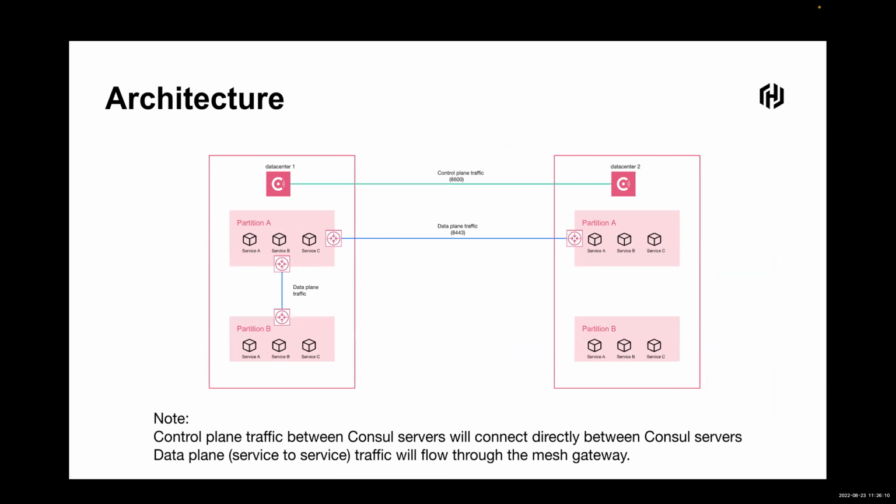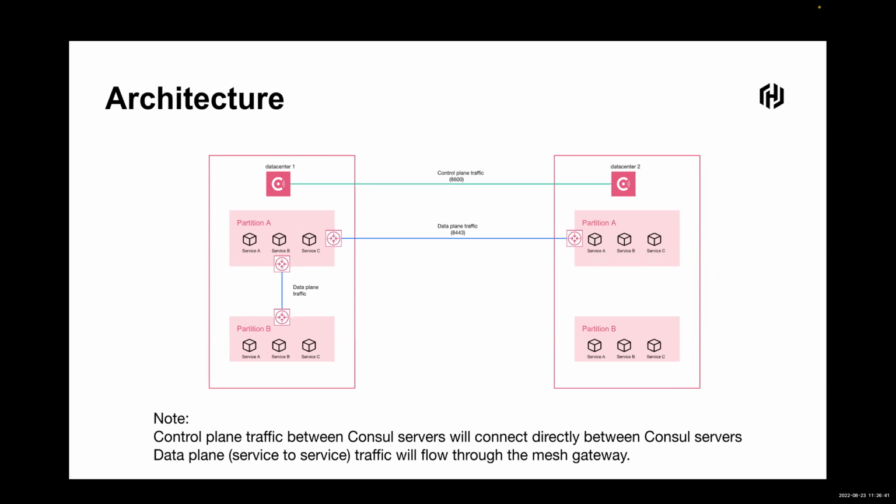Okay, so let's take a quick look at the architecture. There's the control plane and the data plane. So in this diagram here, I have two data centers that are peered together. On the control plane, that's really the connection between the servers of each data center. They would use the control plane to establish the peered connection, to establish the relationship. So one data center would reach out to the other and say, hey, let's connect. The other data center accepts, and once they accept,